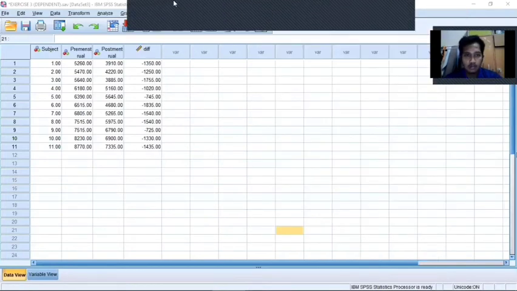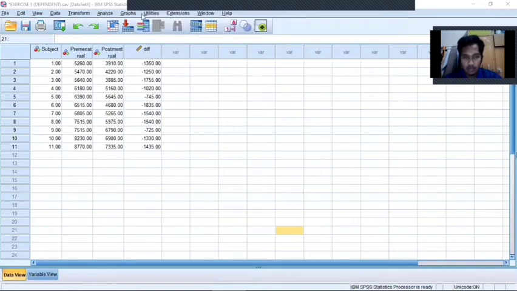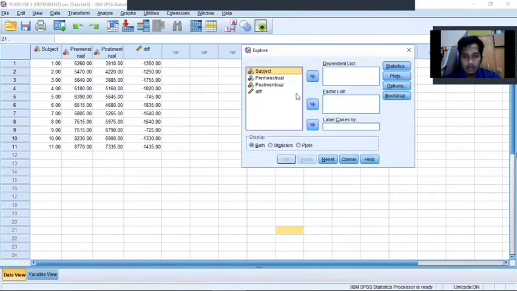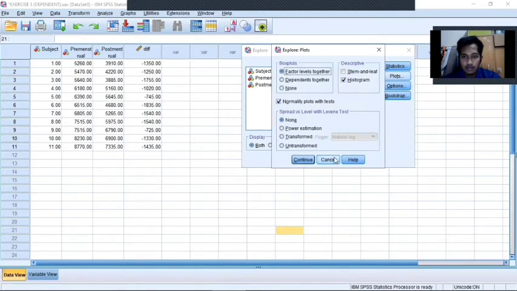After we get the result, we go to the second step. First, analyze, descriptive statistics, explore. We put only the difference into the dependent list, plots, normality.